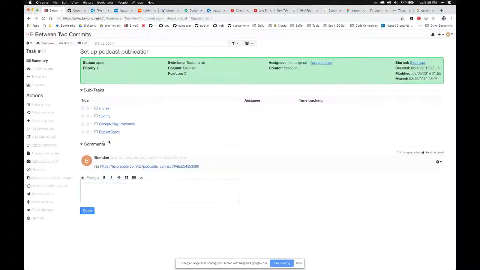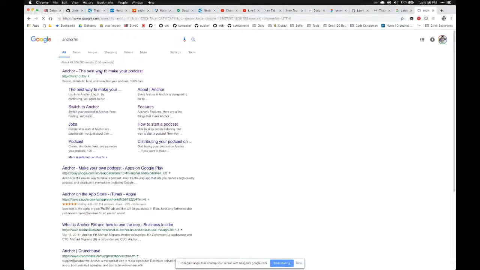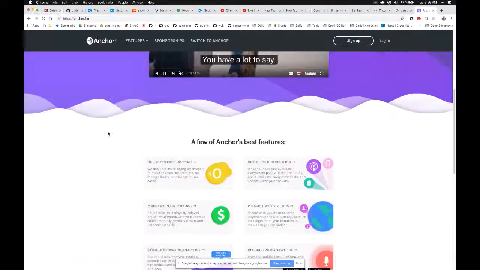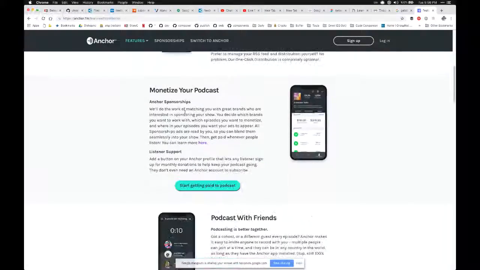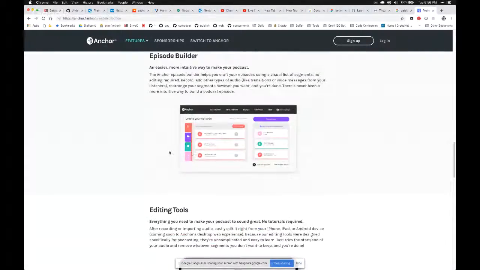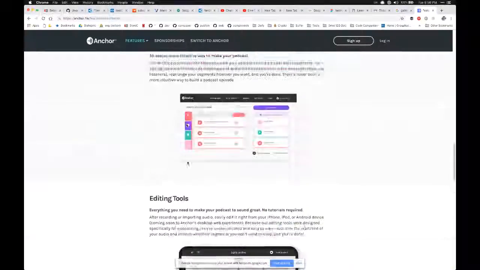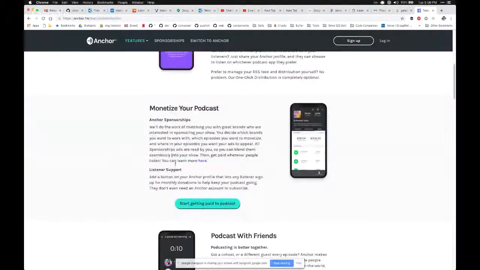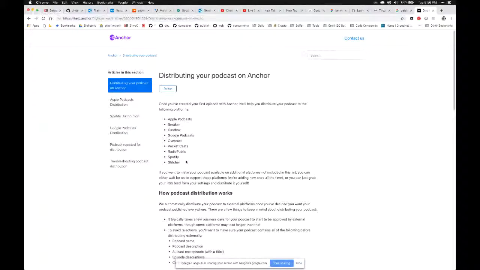And I think they're all going to have different requirements. I'm just curious. I showed you this before. Remember that site that would take care of all that for you? Maybe we can see which ones they submit to. One-click distribution. Go back to the top. Yeah, does it say? There. Oh, okay, click here. Aha. Apple. Oh, okay.